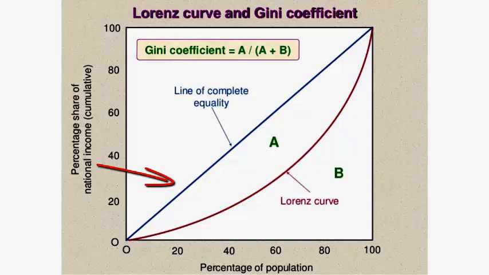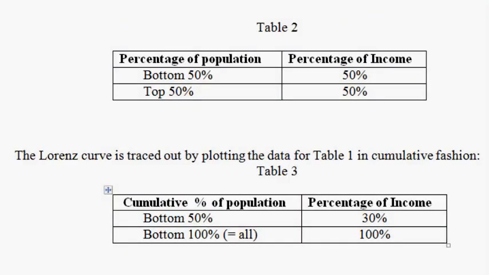And the actual data for the country, based on ranking the poorest to the richest, and then accumulated across the population, traces out this thing called the Lorenz curve. Obviously, if I only have 2 groups, then the Lorenz curve is 2 straight line segments, because I'll only be plotting 1 point. I'll be plotting at 50% of the population, so the midpoint on the horizontal axis, and I'll be plotting 30% of the income, so 3/10 of the way up on the vertical axis, which is the income